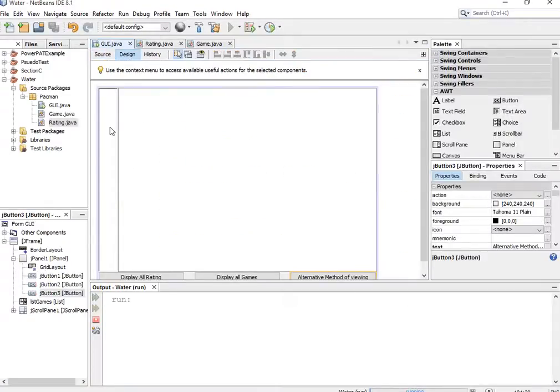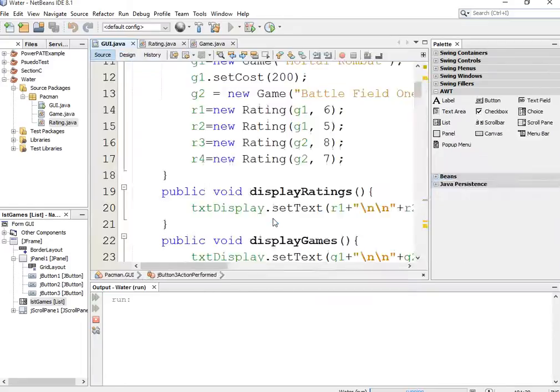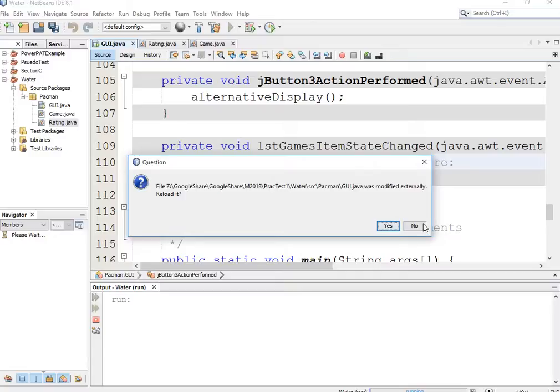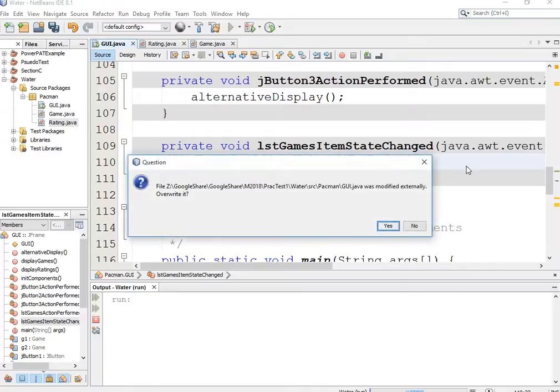Now, inside here, we're going to add another type of listener to our list. We're going to go events, item state changed or property changed. I always forget which one it is, but basically we want to run a listener which will listen when the user selects a different component. Sometimes the easiest way to find out if you're using the correct listener, and I do need all of you to focus here because I am going to test you on this, is to run a little System.out.println